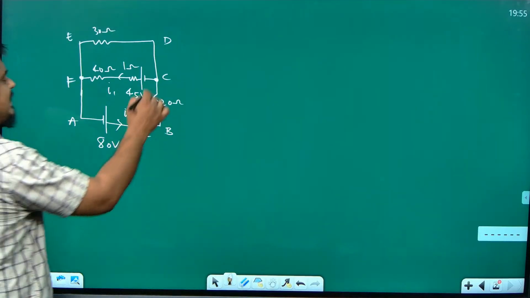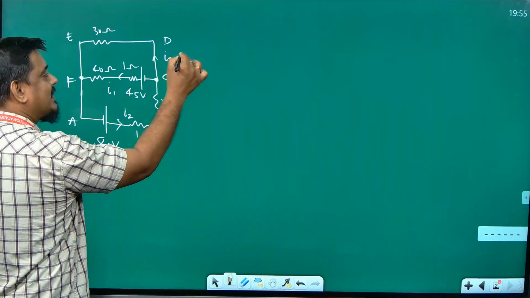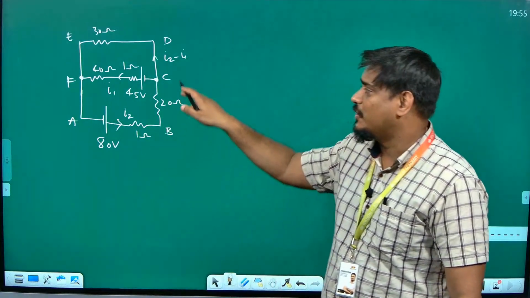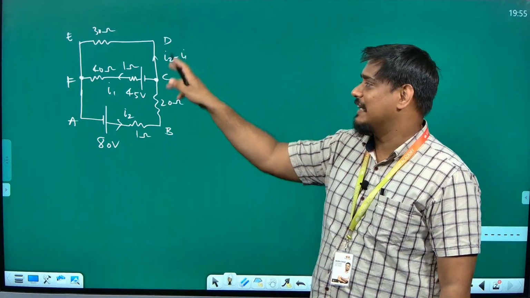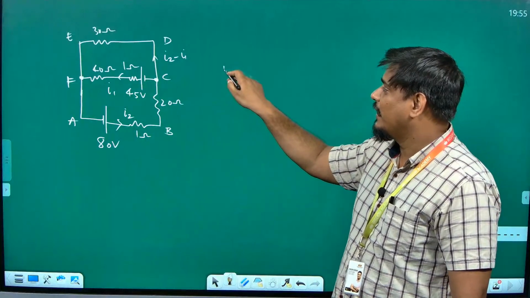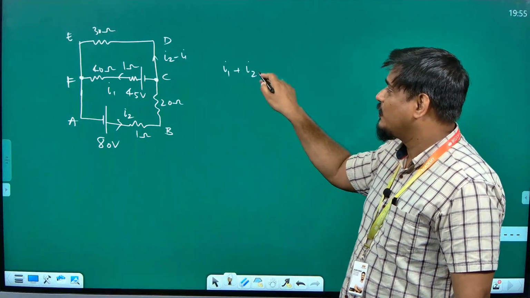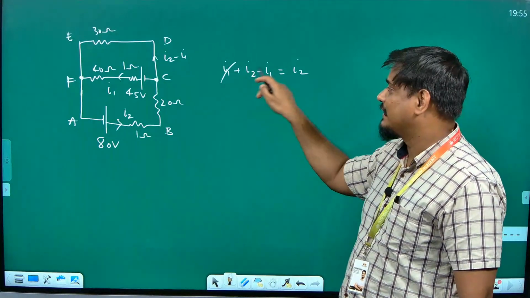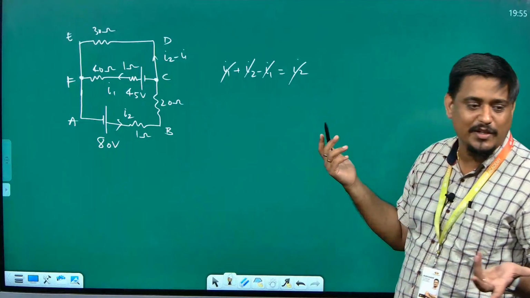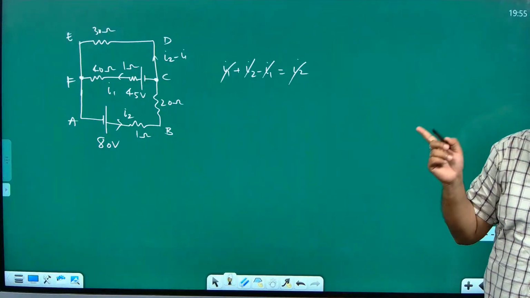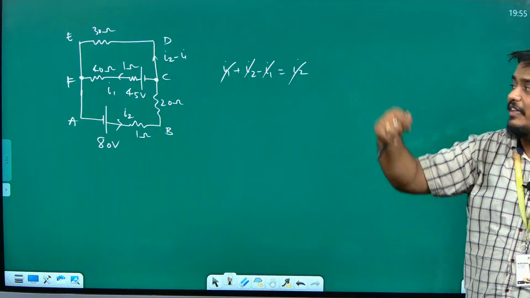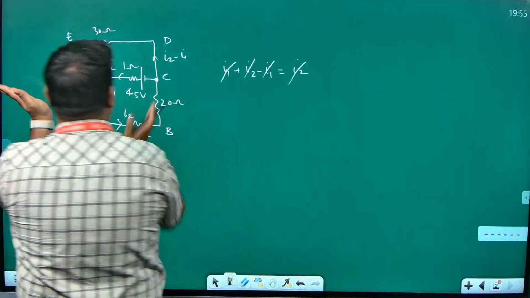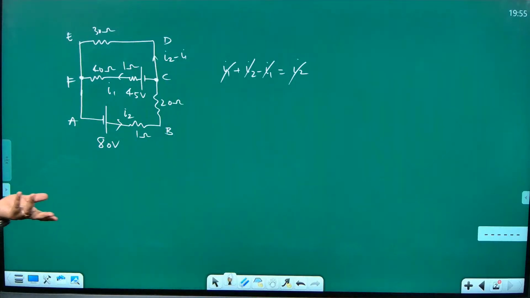Otherwise, if somebody is taking here as I2 minus I1, then what will happen at this junction C? Incoming current I2, outgoing current I2 minus I1 and I1. So you will get I1 plus I2 minus I1 is equal to I2. What will happen, you see? I1 gets cancelled, I2 gets cancelled, no equation formed. Why is it not working here? Because you are not taking the unknowns itself. You are distributing I2 only as I1 and I2 minus I1, no? So junction law will not work here.